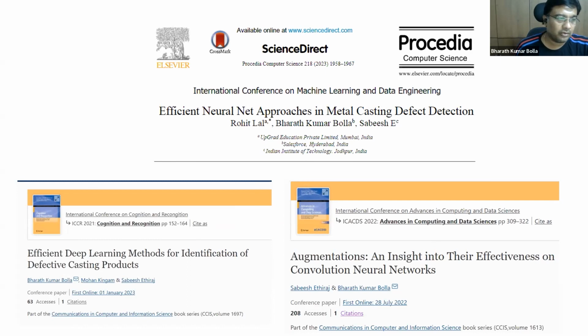We all know augmentations improve model performance, but when do augmentations work, and when don't they? It is one thing with ResNet or MobileNet, but when you build your own smaller architecture, which augmentations usually work, which don't, and which augmentations can you combine? If you're more interested, you can read some of our work here. If you have any questions, I would be glad to take them, and offline as well.